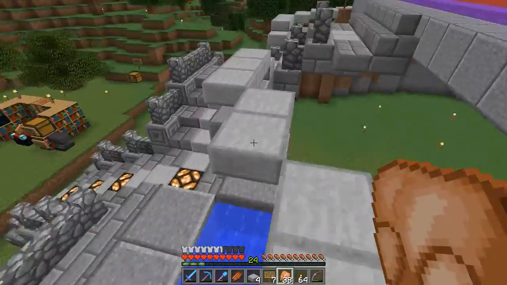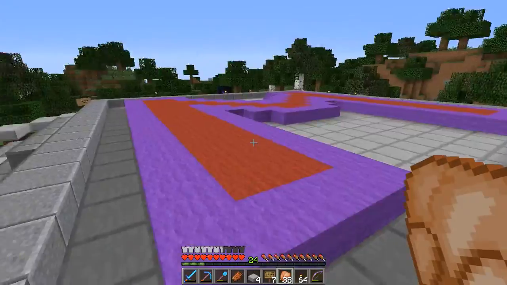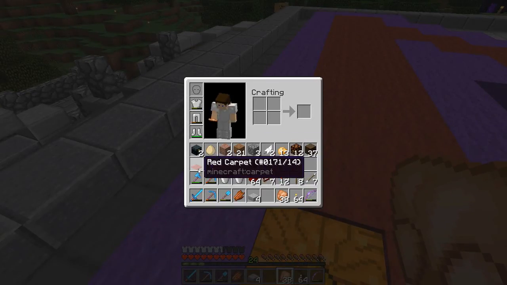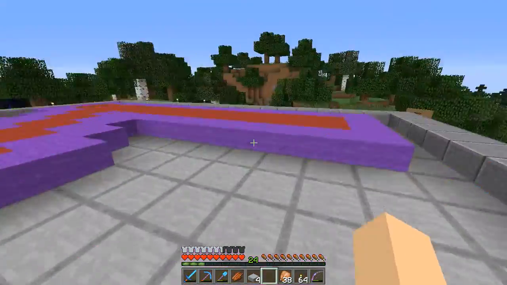But yeah, it looks awesome. It's really cool, really detailed, all fancy like. And the best part about it, the M. Oh, I just broke that. Whoops, don't look. But yeah, we've got pumpkins underneath all of the red, so it provides light,